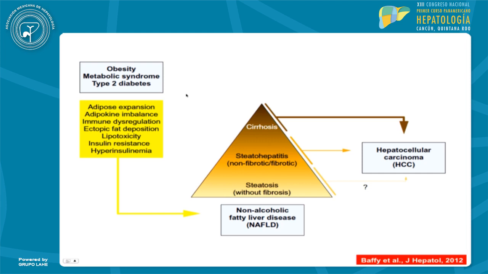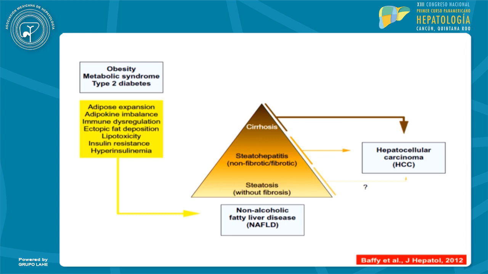So we know that obesity and NAFLD are associated with an excess prevalence of hepatocellular carcinoma that occurs not just in patients with cirrhosis, but also in patients with non-fibrotic steatohepatitis, and even in patients with steatosis and without fibrosis. And we all know, as clinicians, that this is a major problem when we are going to put these patients under surveillance, because of course there are no surveillance recommendations made by any of our favorite